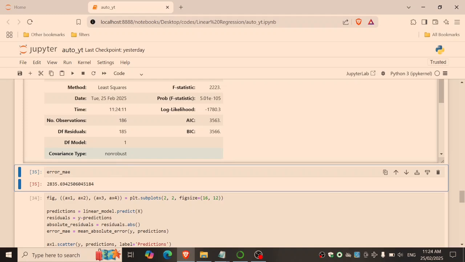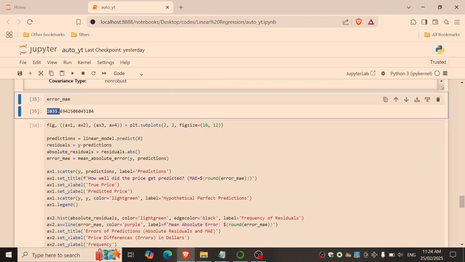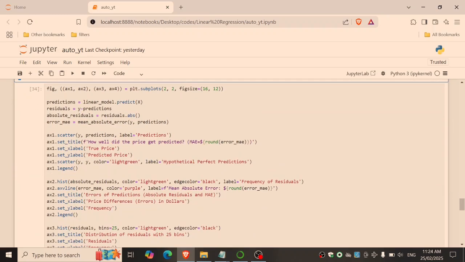Oh, okay, right. So if we do remove the outliers, then it's 2,835. But the one I had before, I didn't remove the outliers. So by removing the outliers, we get a lower error, which is good. But of course, we remove the outliers, so the model is trained on less data, and also it's